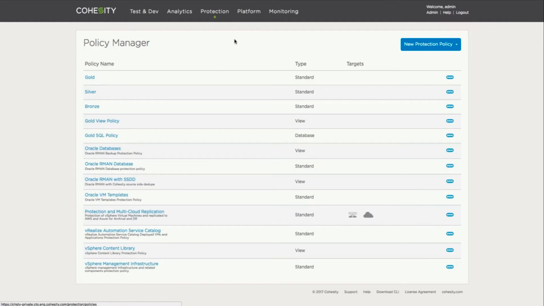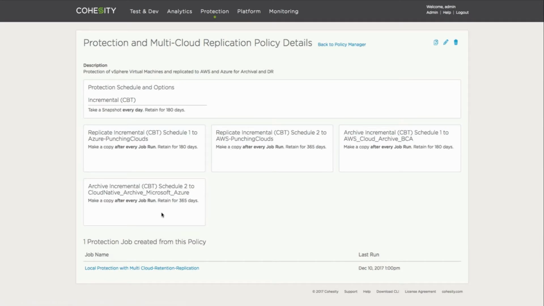So here I'm going to show you the policy manager, what this policy that I'm presenting is going to do. If you take a look here, I have local protection, I have replication to Azure, and I have replication to AWS, but at the same time, I have data retention to Azure and data retention to AWS. All of these functions and capabilities, which traditionally would be handled and managed by different systems, different functions, different operations, potentially different people, are going to be managed as a systematic function, executed once, performed once, for one